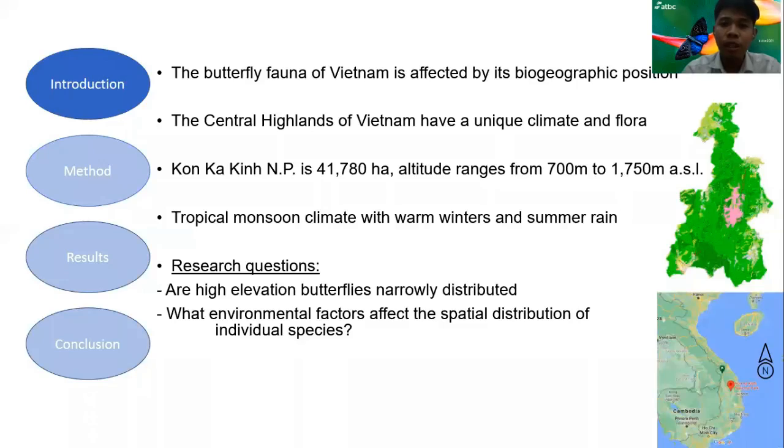The butterfly fauna of Vietnam is affected by latitude and other factors of biogeography, and Central Highlands is where several endemic and rare species were found in the last 20 years. It has been poorly studied, despite the fact that it has unique flora and climate, high elevation, large and